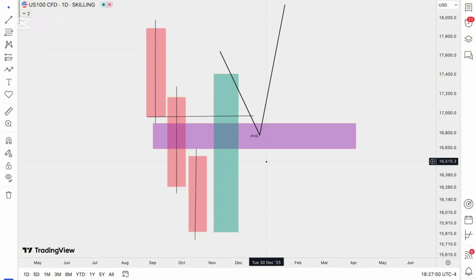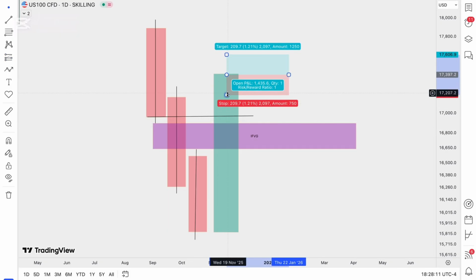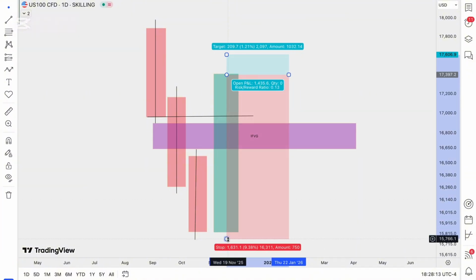Right? For me personally, I take a lot of aggressive entries with this model. Reason being, we don't always get back the test of the fair value gap, of the inverted fair value gap. So what I would normally do is, as soon as price breaks and close above and show me that this fair value gap is getting inverted, I would go ahead, enter my position,